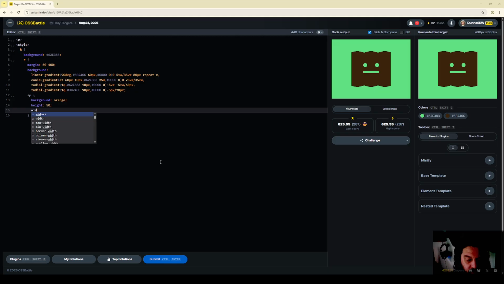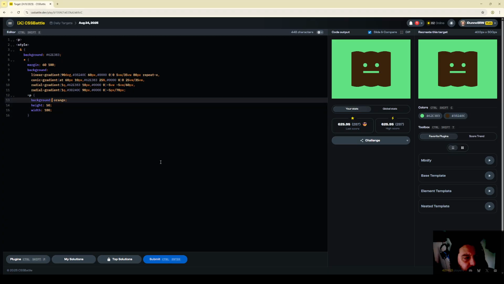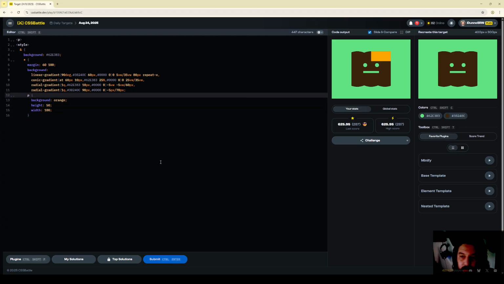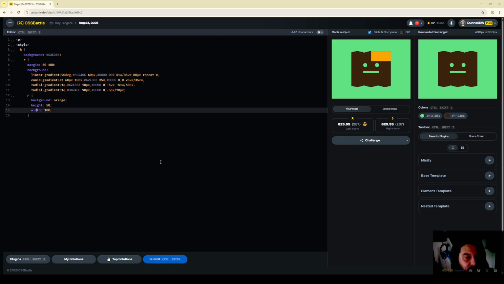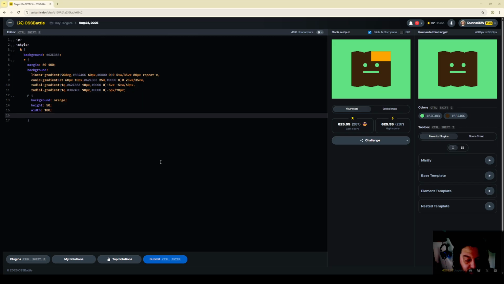Width 100. Interesting. Okay, if I do that, then it shows up. So what we actually want is